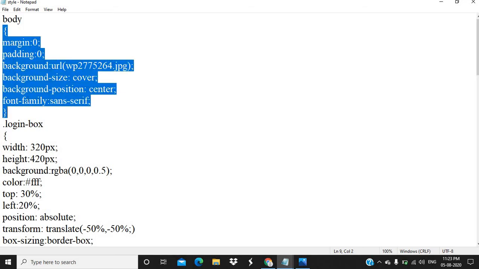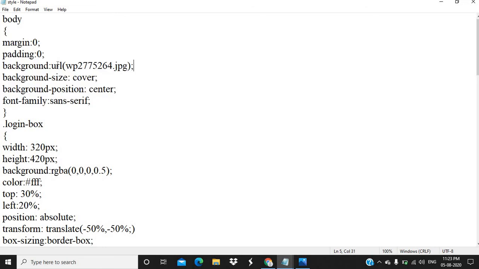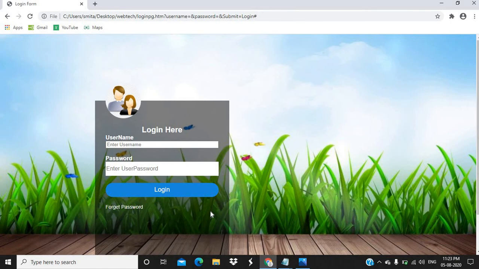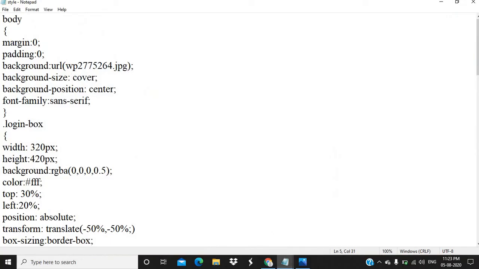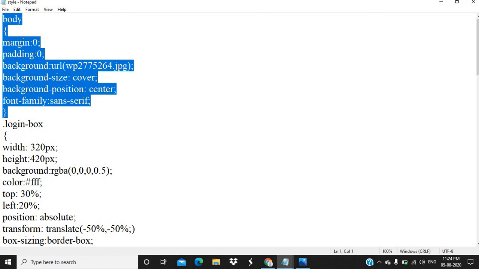Within this body I am giving the margin, padding, background, that is the image. This image name I have mentioned over here as background URL. After that, the size, position and the font family for your body tag.